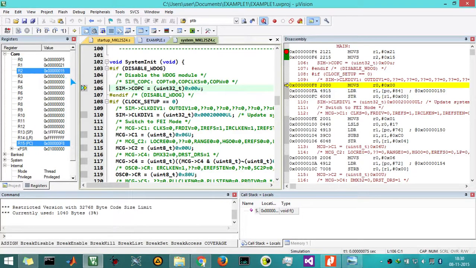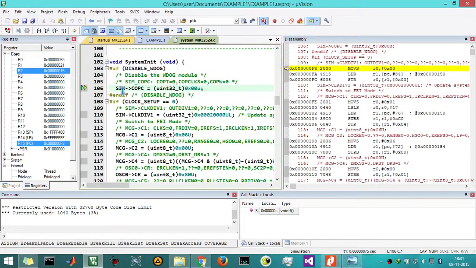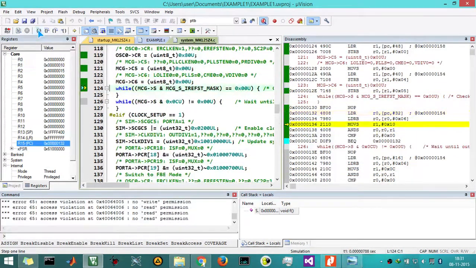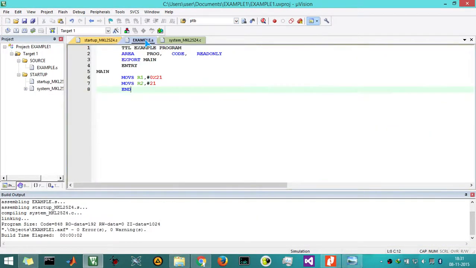So after executing these two statements in our program, it has not ended its execution, but instead it has come to some other location, SystemInit. So it is again coming to this system initialization, and if you click on this one, again it will come to here and it will stop here. So this is our ending point of the program, wherein it is checking for this clock initialization. So we can stop this by adding some more instructions inside the program.